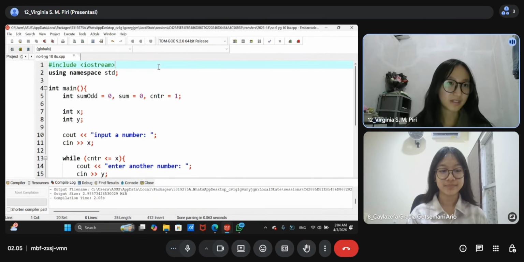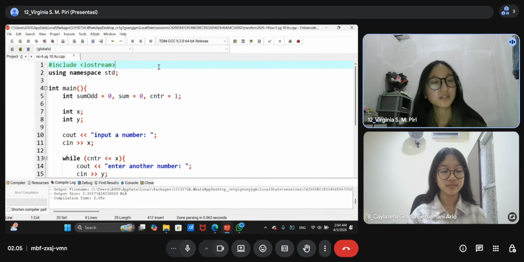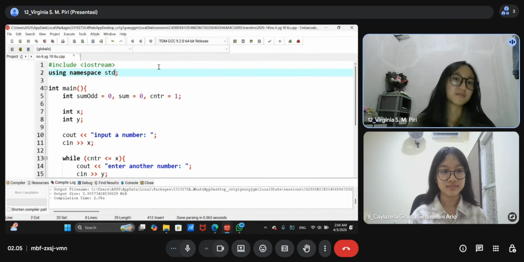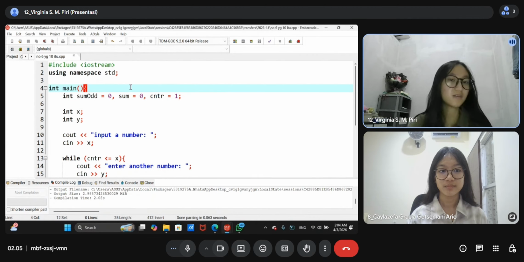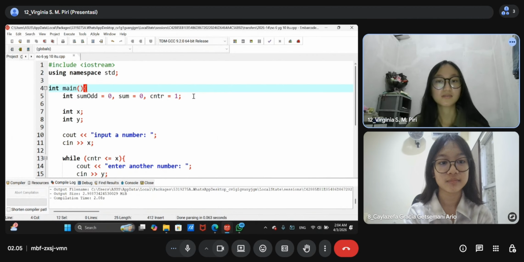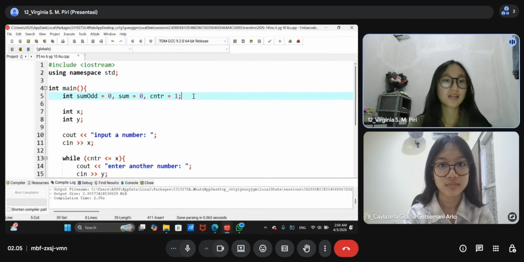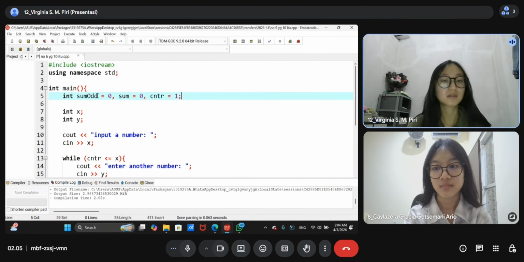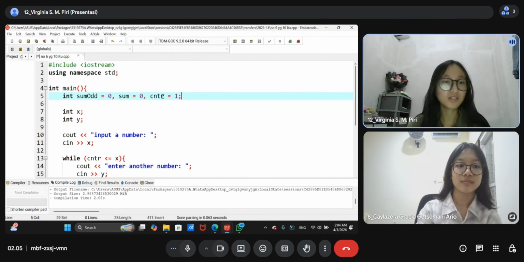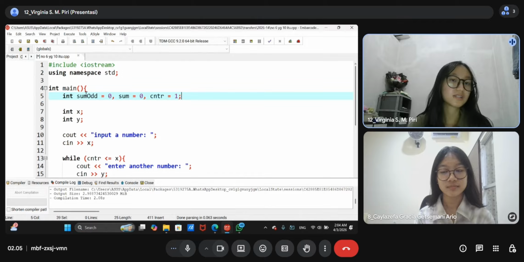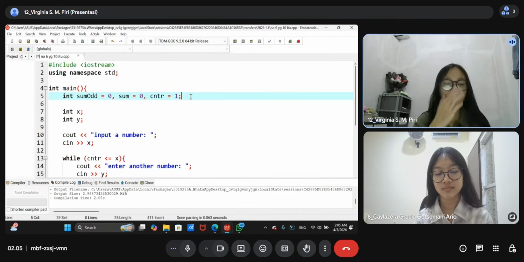Okay, so now we will continue to question number 6. As we know, the first three lines are the same as the previous program we discussed. And then we initialize sum odd, sum, and counter with the integer data type. Why do we use integer?